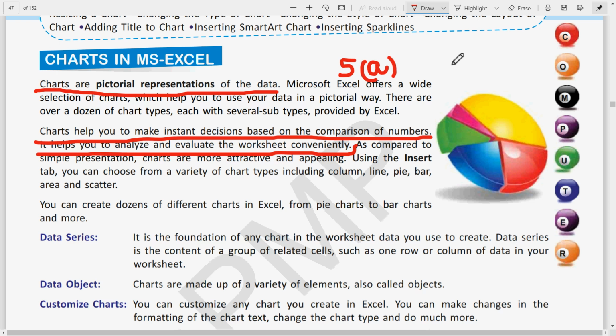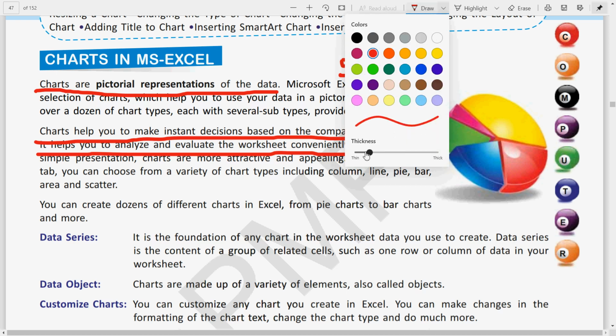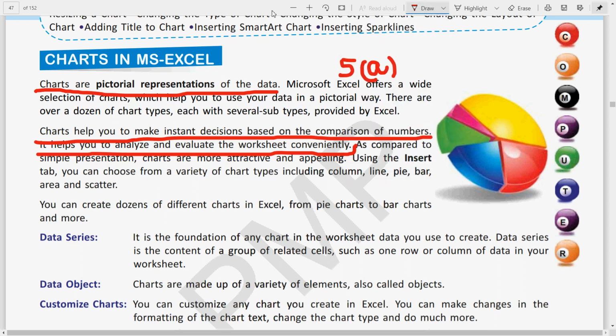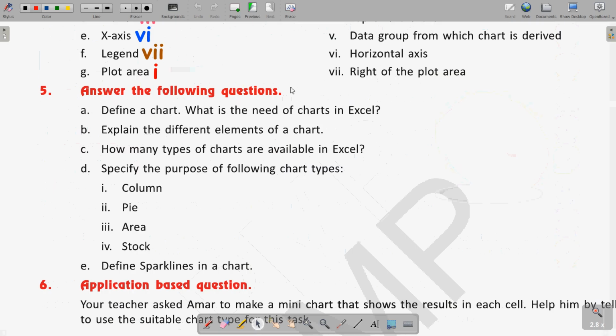Then coming to next question, that is 5B. So let us see. Question number 5B is explain the different elements of a chart. So this we have explained while explaining the different things we have seen also. Let us see what will be the answer of different elements of the chart.